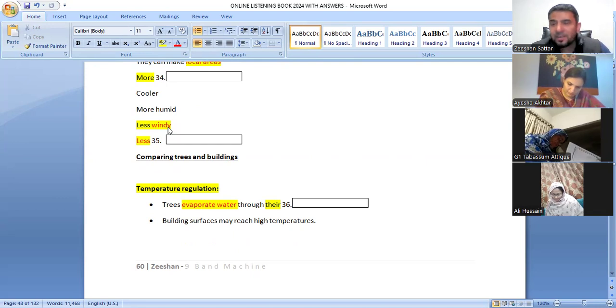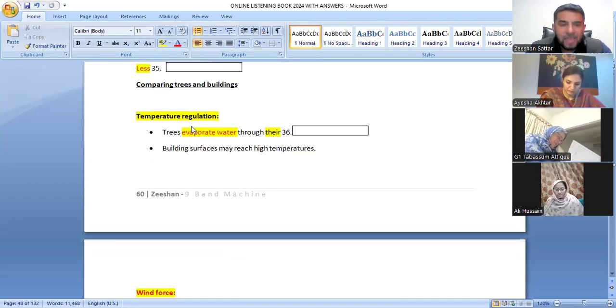What is the answer? City streets? Dangerous. Less dangerous. Excellent. So now finger on the temperature regulation and evaporate water pencil. Particular areas. How do trees do all that, you ask? Well, the main difference between a tree and a building is a tree has got an internal mechanism to keep the temperature regulated. It evaporates water through its leaves. What is the answer? Through its